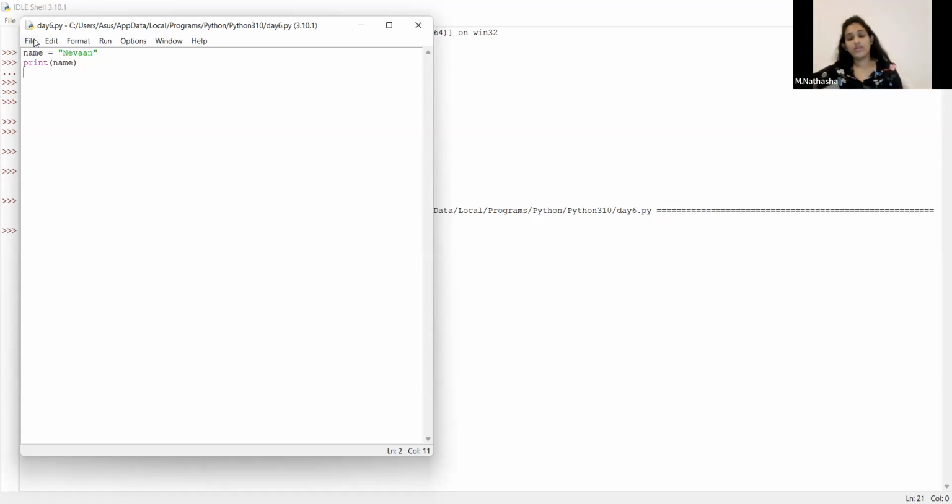Okay, when we are creating a variable, there are three rules we have to follow, right? The first rule is you can't start a variable with a number. You can't start with one name, two name likewise. You have to start with a letter. And what is the second rule? We can write anything we like, and there must be an equal mark.